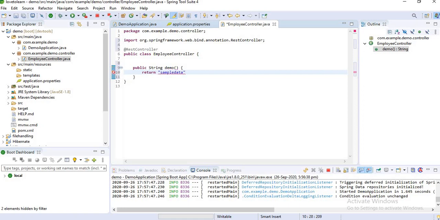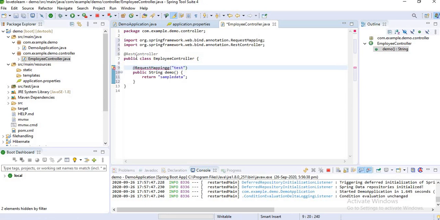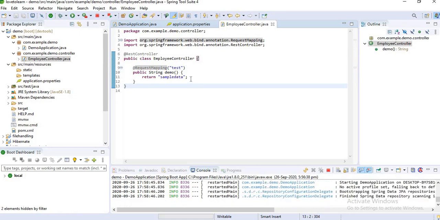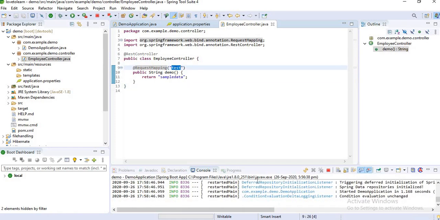Okay, and @RequestMapping value test. Okay, and let's import this. Let's save this one and let's go to our localhost and check whether this is working properly or not.